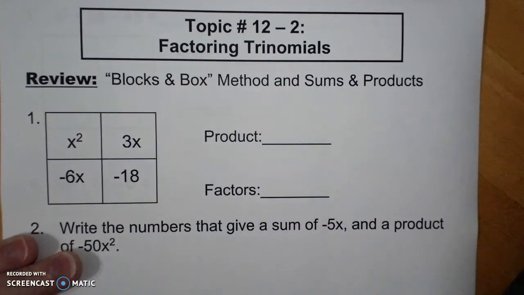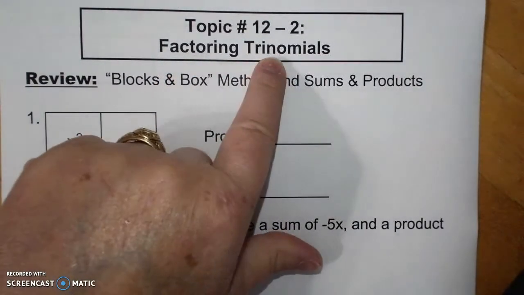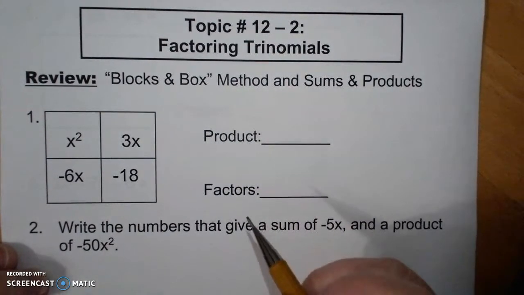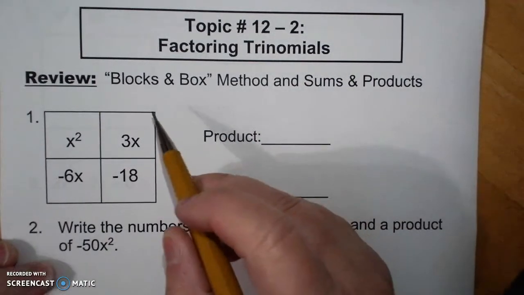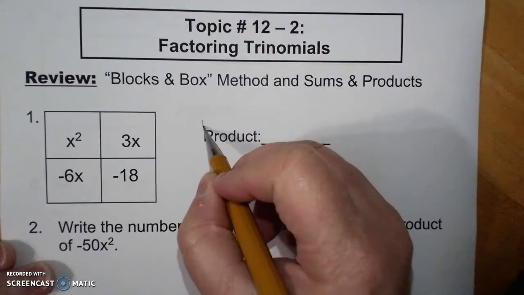This is 12-2, factoring trinomials. We're going to review a minute. Factoring trinomials is basically the unit, and we're going to do things over and over and over again. Okay, so first of all, if I wanted the product, which would be the final answer,